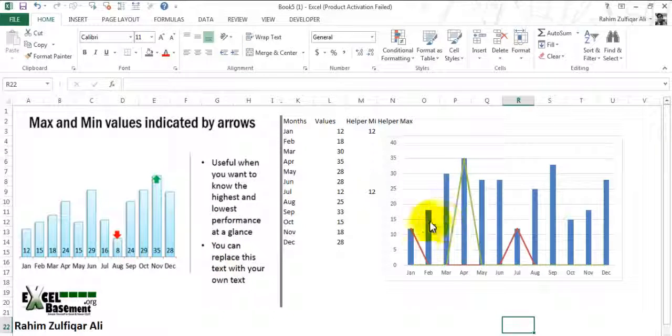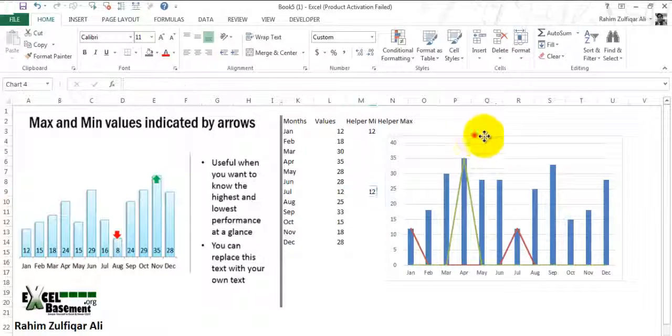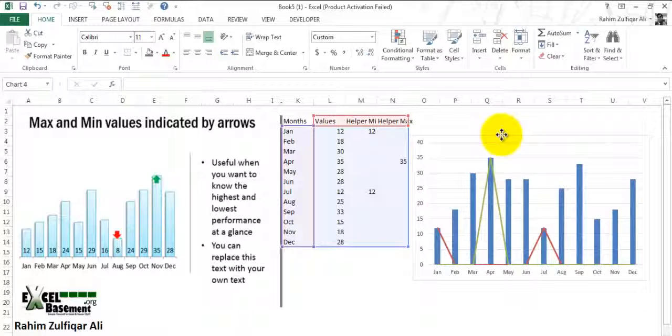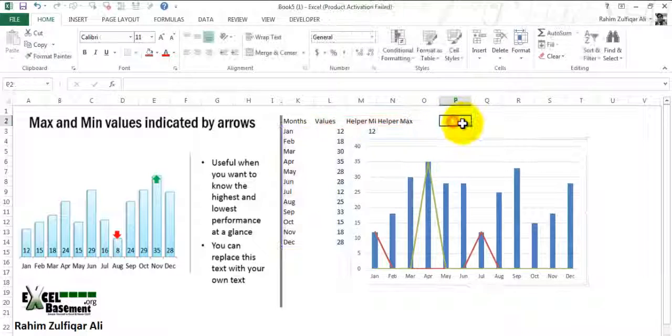So you can see that the line chart is here, but I want this in arrows. One way of doing it is to use the built-in functionality of this chart. One more factor is that I want to hide these 0 values. I want to just highlight the 12 values as an arrow or some other bullet types. So I will make some changes in the formula also, but first let me tell you one way of doing this.